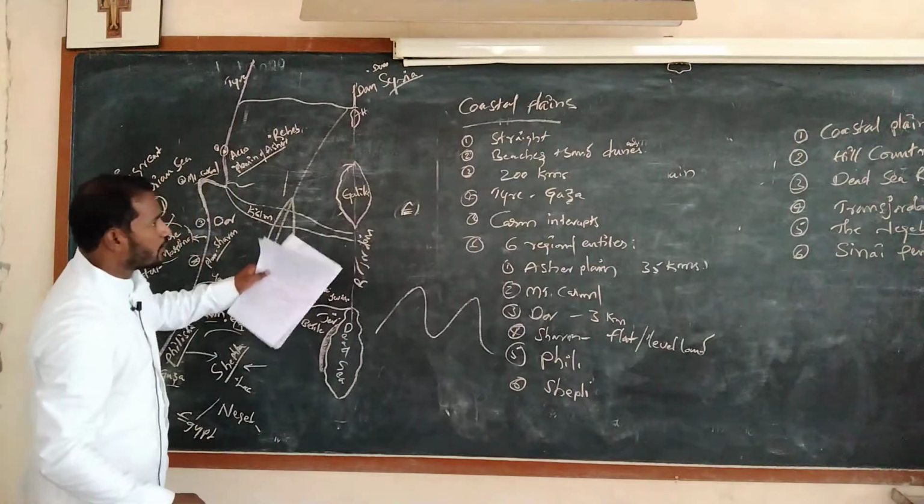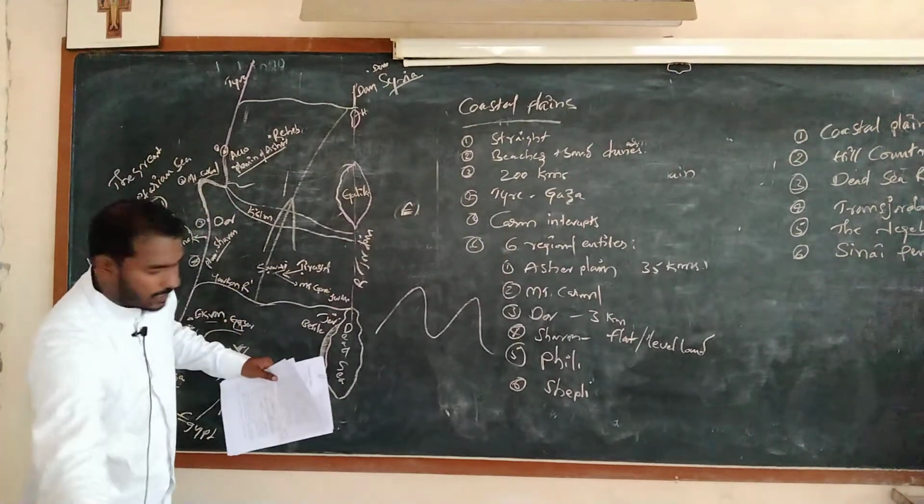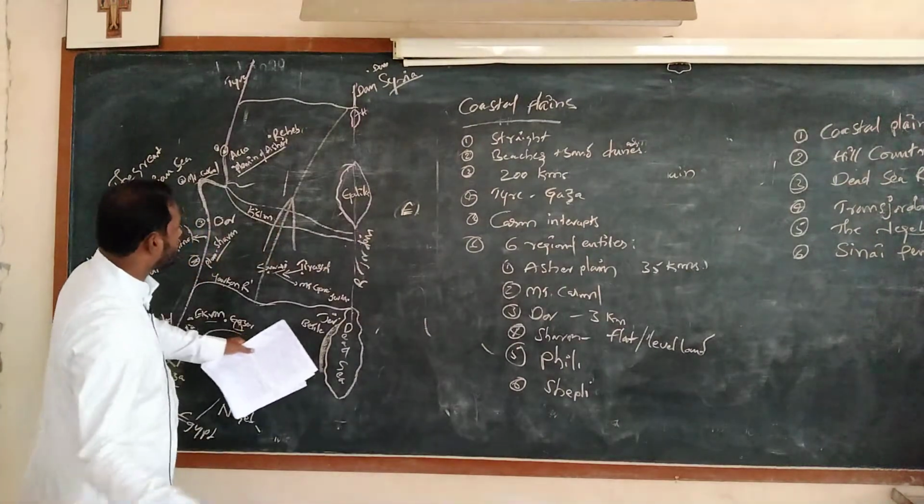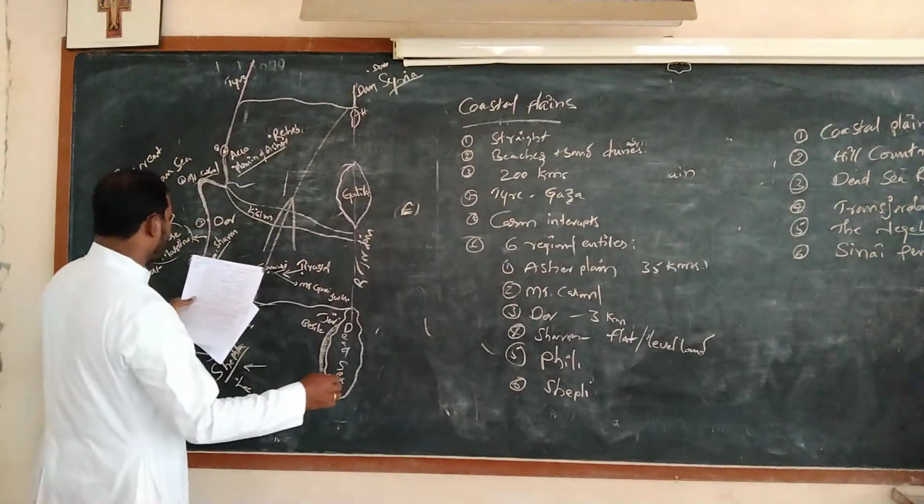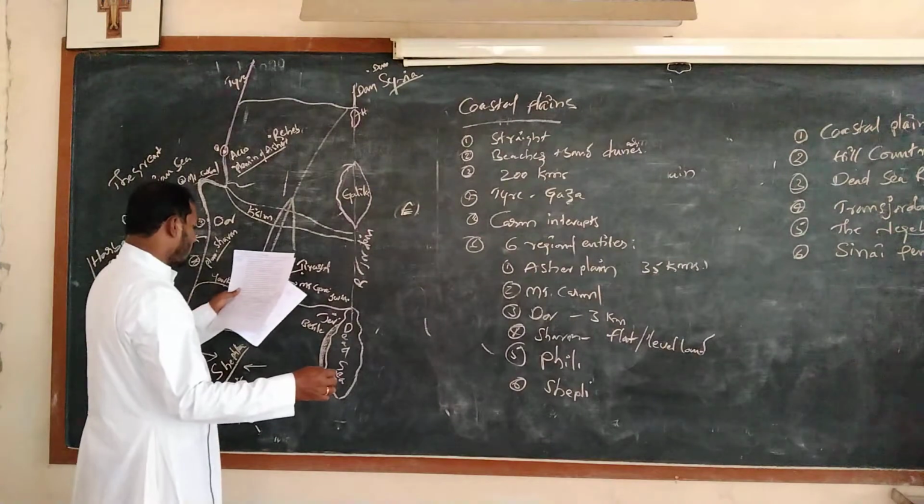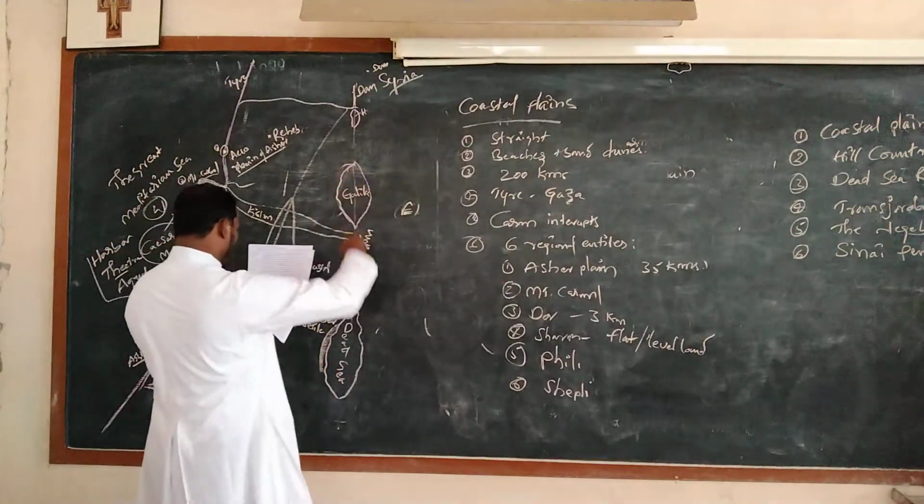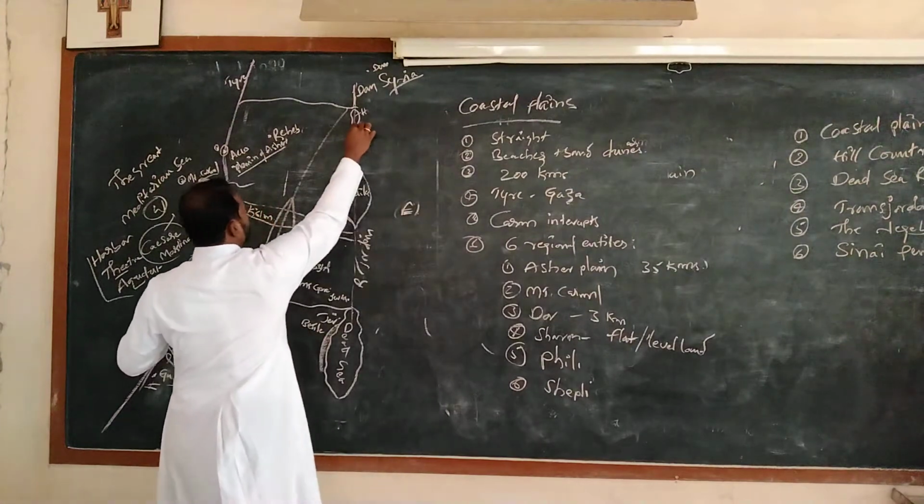This is about the hill country. Then the Dead Sea. Dead Sea Rift. The Dead Sea Rift topographically is a projected valley created by the rift of the River Jordan. So in the Dead Sea Rift we have